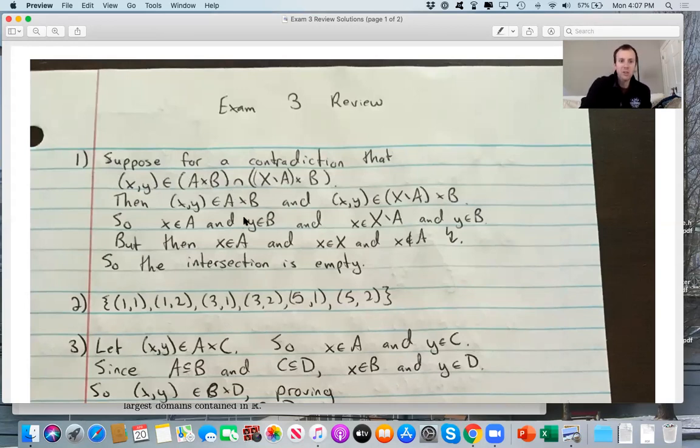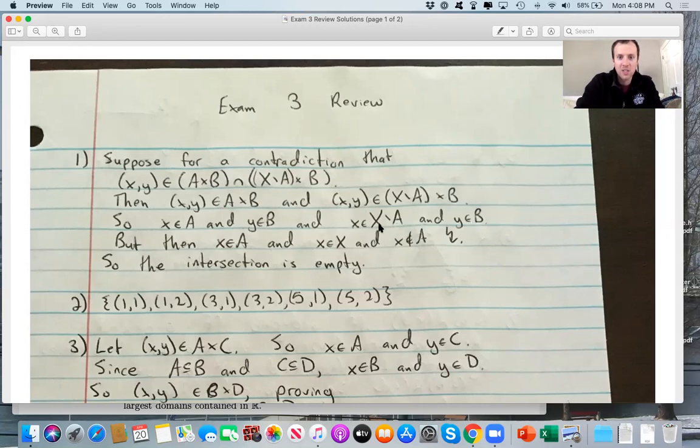Being in an intersection means we know that it is in both of these sets. And being in a product means you know where each of the coordinates comes from. So if a pair (x, y) is in A × B, then the first coordinate is in A, the second coordinate is in B. The same thing in the other set: x is in the first factor of the product, X − A, and y is in the second set B. At this point, we're just unpacking this definition, this big set, in terms of a lot of and statements about which sets elements belong to. But then we want to think about where we're going to get a contradiction. If we go one step further,